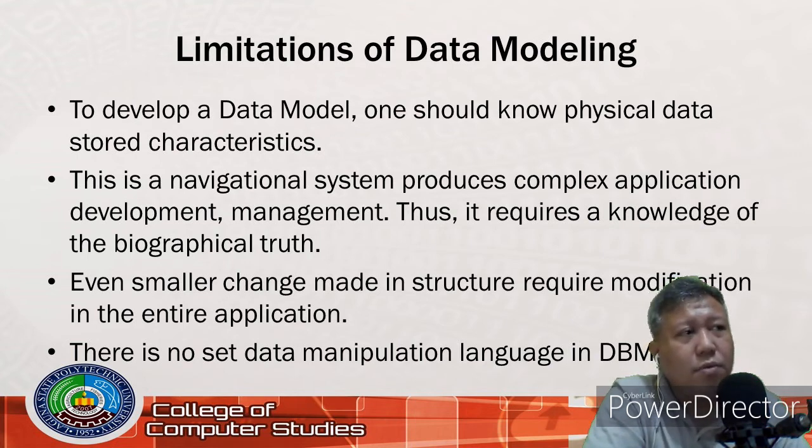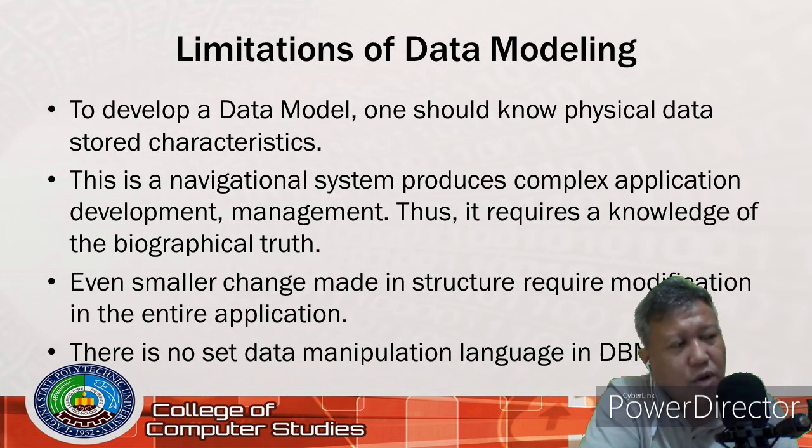Bihira yung client na magpapagawa sa'yo na bago. Kumbaga wala pang existing na mga tables. Normally yung mga pinagpapa-develop sa atin is nasa Excel, for example, yung kanilang mga data. And kailangan i-analyze mo, kuhanin mo kung ano yung mga characteristics ng